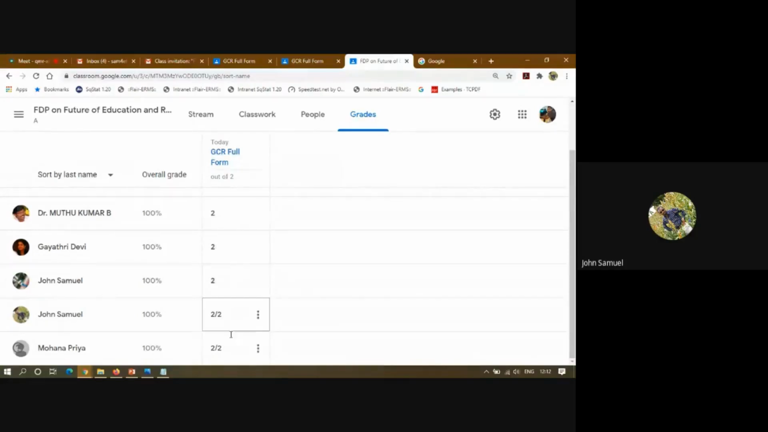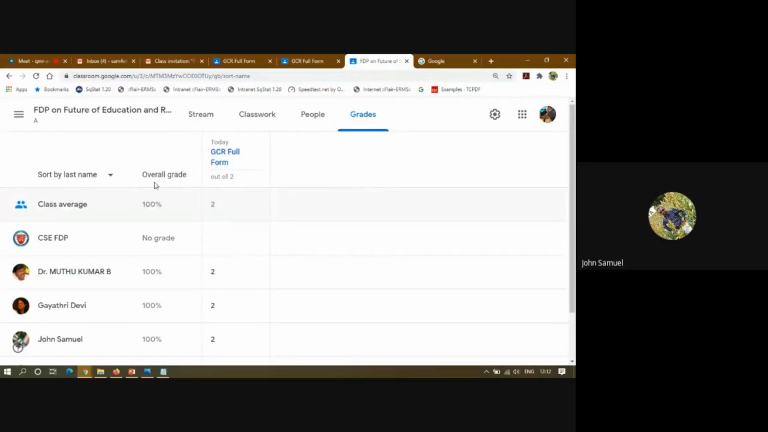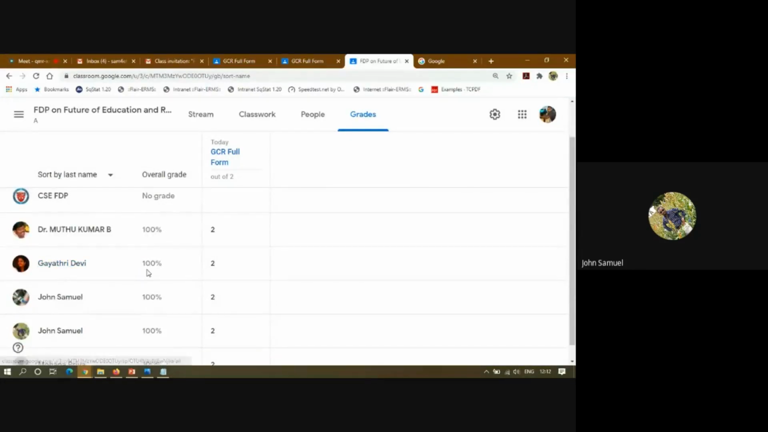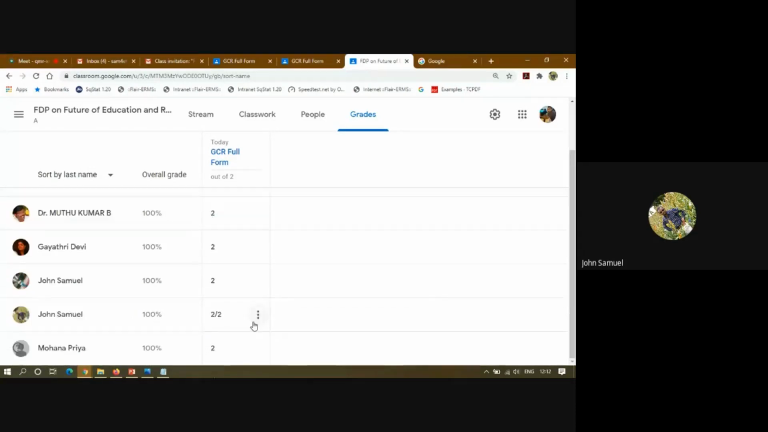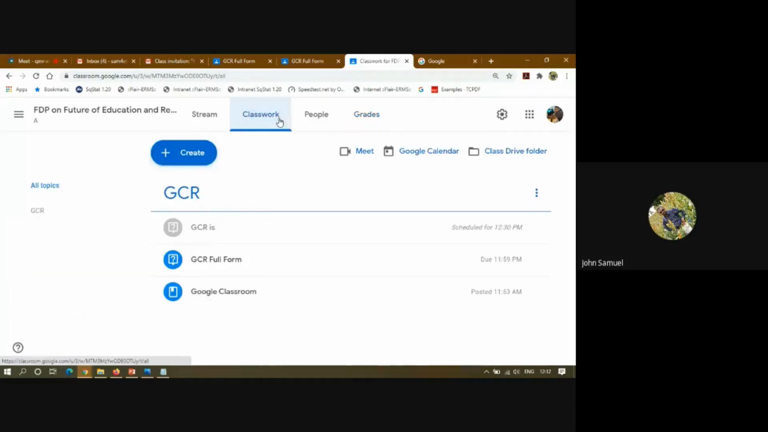So GCR form, the grade is that. So overall grade. Dr. B. Muthukumar is 100%, Professor Gayatri Devi 100%, John Samuel 100%. So their overall grade will be displayed here, right? And one more thing I want to show you. You see, I am selecting this,